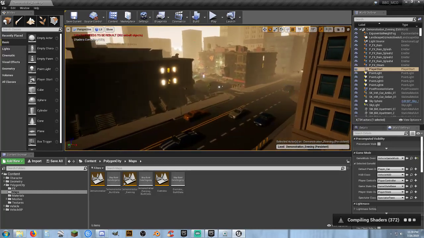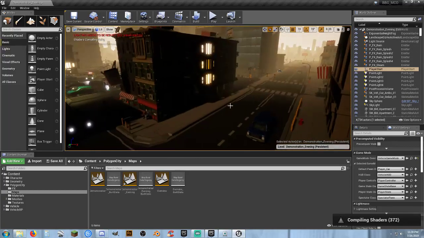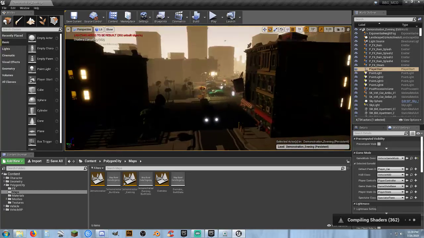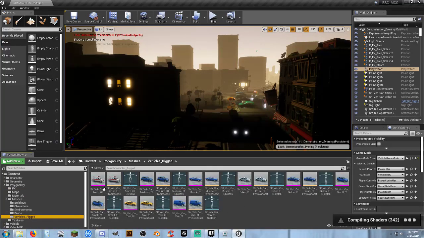I changed maps, but then I'd have to... it'll still keep doing this, and then I'll have to do it again for the new map. But I just wanted to see what it looked like before we start targeting. And while we're waiting for it, in our mesh folder, vehicles rigged, we're going to have an ambulance,